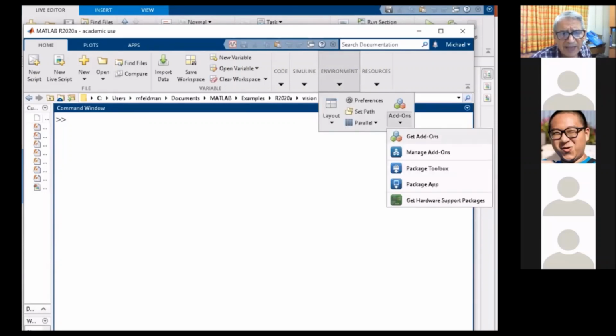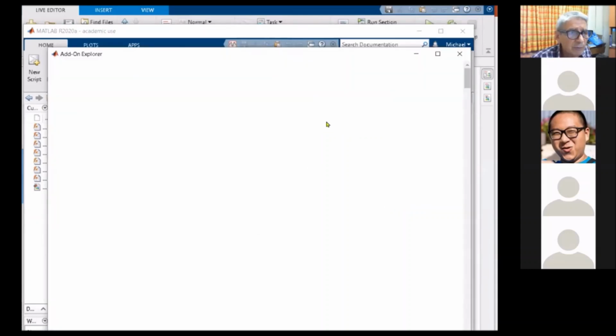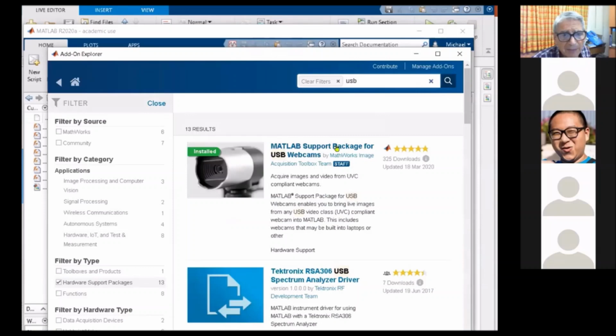You can do it by pressing environment, add-ins, and in add-ins there is Get Hardware Support. And for the searching, you can put just 3 letters, USB, and look for this support. Here the first is Matlab support package for USB web camera. You see I have a green label here that is installed. I already have it, but somebody who hasn't, please download and install it in your Matlab,